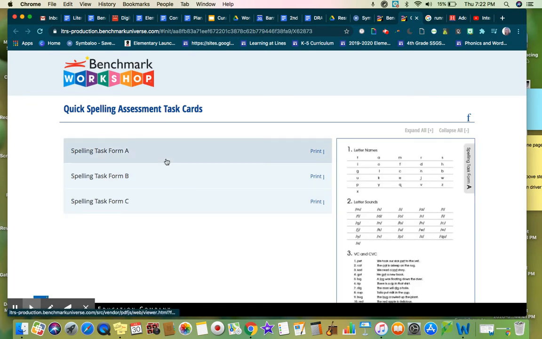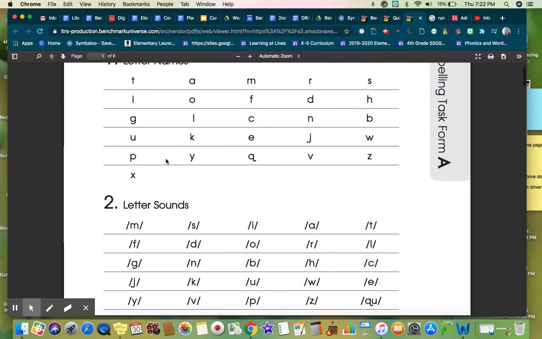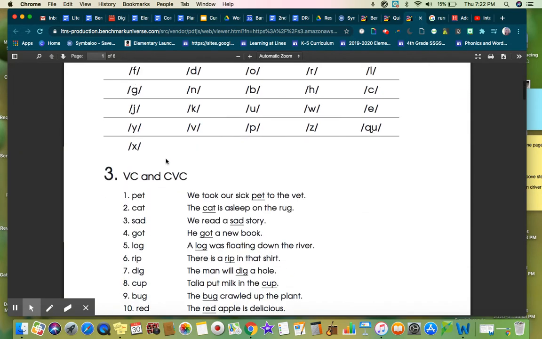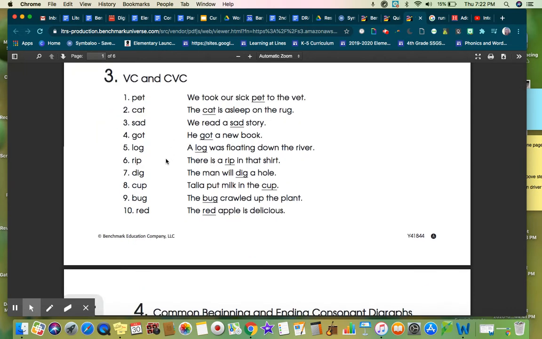So they have 3 versions of it, which ends up being nice if you needed this as progress monitoring, but know that this is completely optional. You would have to talk to a building coach to learn a little more about what skill set you might start with. If you're a 4th grade teacher,